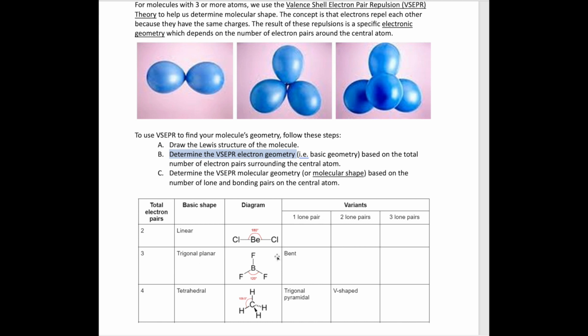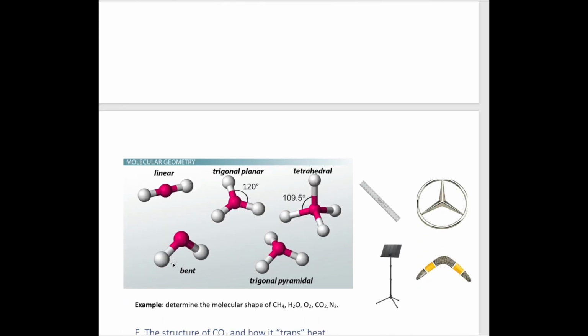So the variation happens when there are some lone pairs present. For linear, there's really no possibility of a lone pair. So if you just have 2 atoms, that's also linear. If you have 3 atoms like this, that's also linear. However, when you have trigonal planar, when you have 3 electron pairs, it's possible that you can have all of them being bonding, or 2 of them being bonding and the last one being a lone pair. If that's the case, you call that structure bent. Here's an example of a bent structure. There's a 3rd electron pair, but that 3rd electron pair is part of this pink atom right here, so we can't see it. But we can see bonds, so we call that a bent structure.